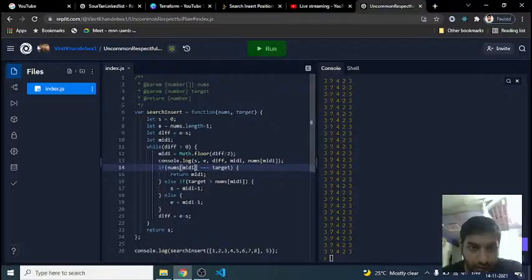So if it is passing from here, it is going into the else if target greater than, yes it is, start index is equal to mid index plus 1. What is the mid index? Mid index is 2, 3. So we are going to look at 3, which is 4. Again, it should be like,